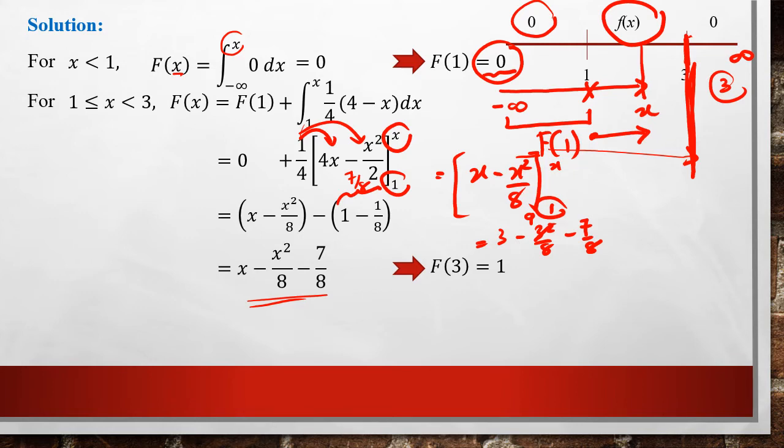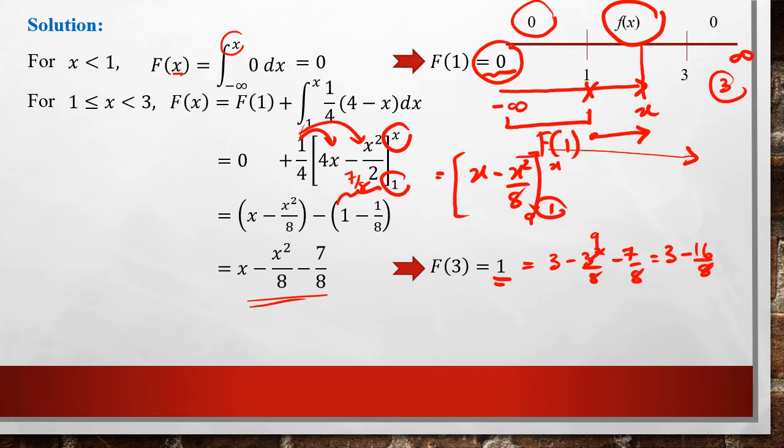Do we get the correct value? Can we check together? Is this correct? 3 minus 3 squared over 8 minus 7 over 8. Oh, sorry. 9 and 7 is equivalent to negative 16 over 8. Okay, sorry. So 3 minus 16 over 8, this is equivalent to 2. So 3 minus 2 is equal to 1. That's why we get 1. Okay, so let me write this down again. Capital F of 3 is equal to 3 minus 3 squared over 8 minus 7 over 8, which is 3 minus 16 over 8, which is 3 minus 2,